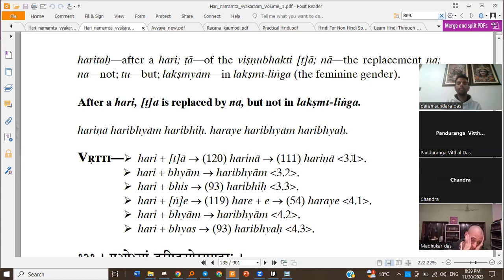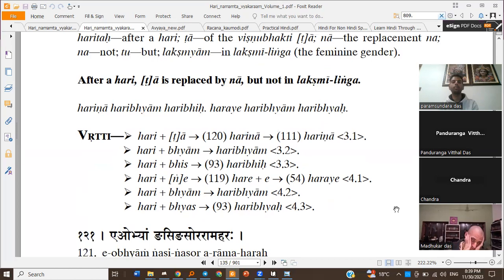get Harina. Because we have Ra and we have Na, and in middle we have the intervention Sarveshvara, which is allowed. So this Na turns into Na. So we get Harina, Na. Then Haribhyam, Haribhihi, 4.1 Hari plus Ne. Ne is a Vrishni, so we do Govinda by 119. Then AI, we get Haraye, like we sing in Hari Haraye Namaha Krishna Yadavaya Namaha, Hari Haraye. Haribhyam, Haribhya. So that's till 4.3.